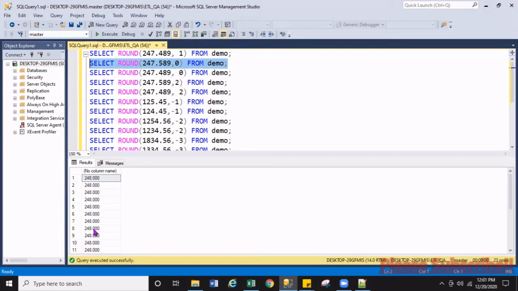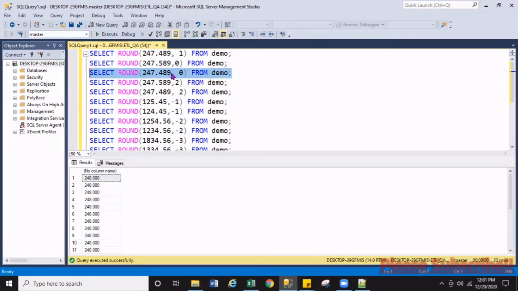See here, 0. What happened? Because the first position is at 248, it sees the first digit, this one, which is 5, and 5 is close to 10. That's why it makes one number to the left number, and the rest of the number becomes 0. So if you see here, it adds one number to the 7 and makes 247, and the rest of the number makes 0. Right? Let's run this one.